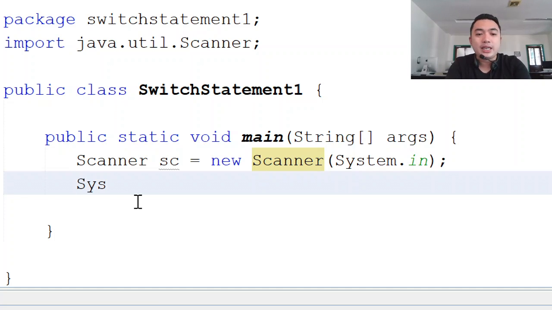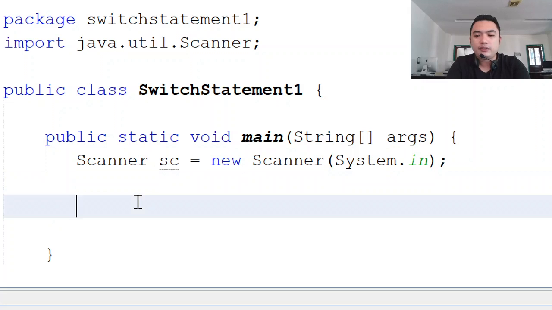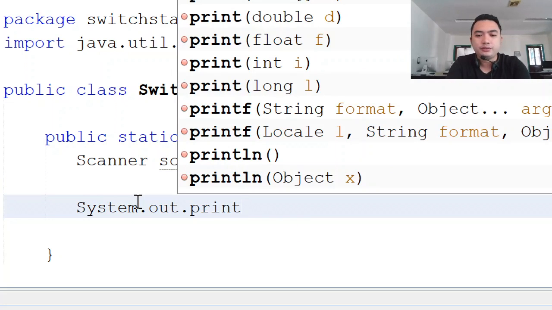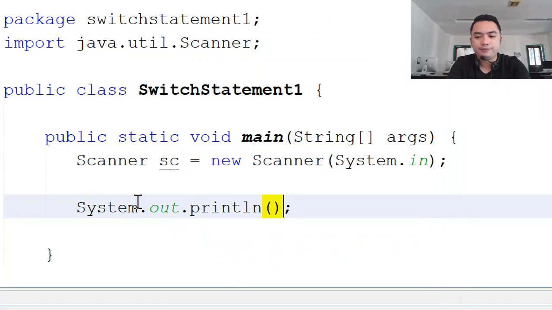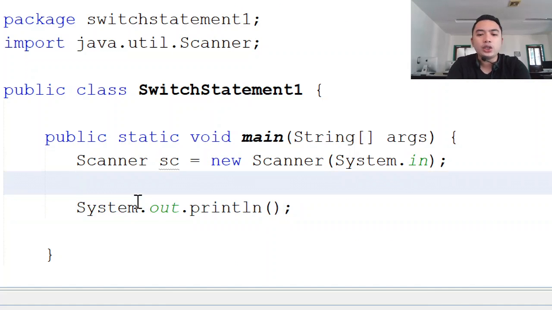we will be displaying the output. Okay. So basically, we will need also to declare the choice. So in choice, I'll just write int choice.